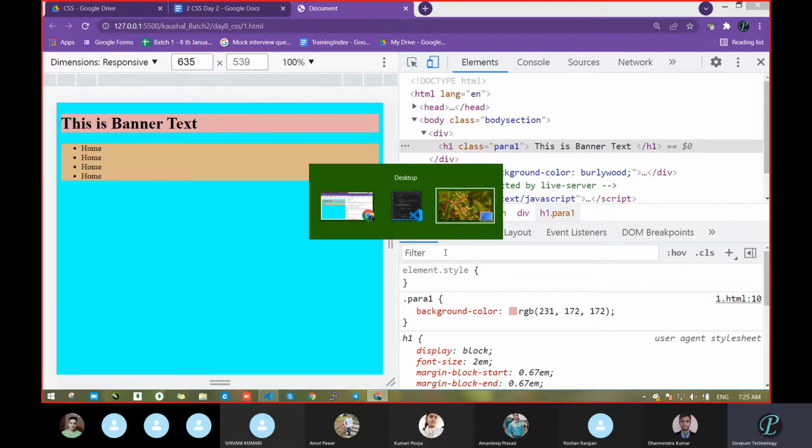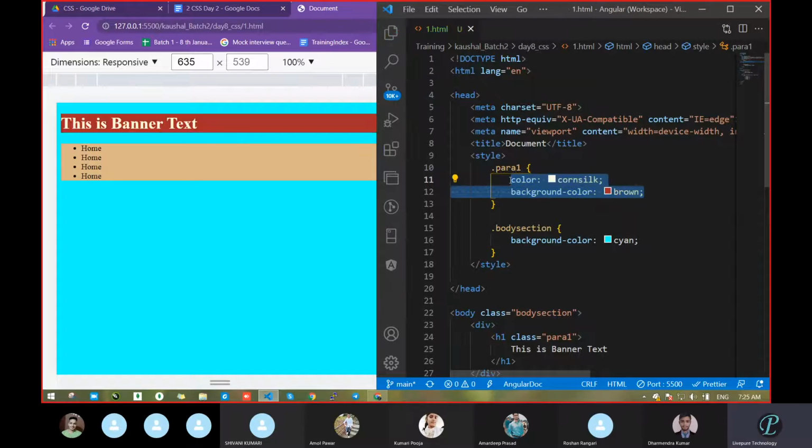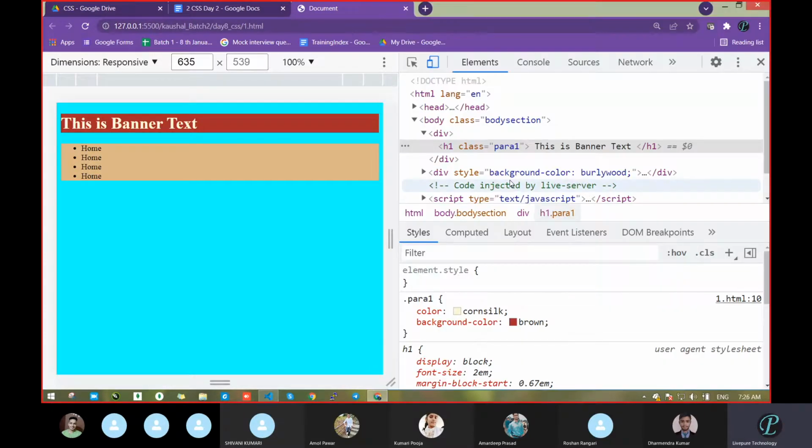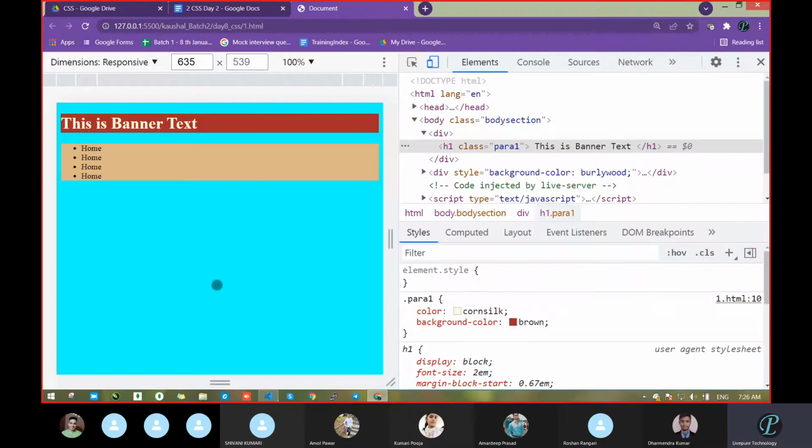If I had copied it already, it is available here. I will uncomment it now, and now save. Now we got that style. So this way we can verify in our DOM section, whatever changes you want, you can do it this way. Is it clear what DOM is? DOM means temporary. Whatever changes you want, not only a style.